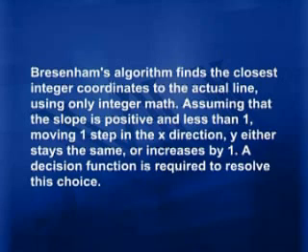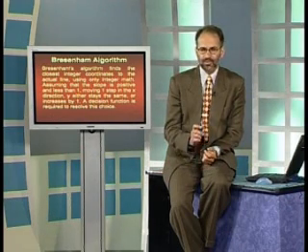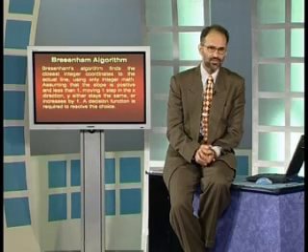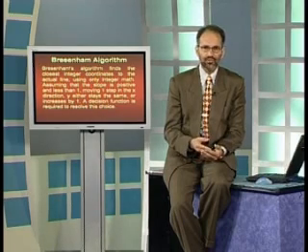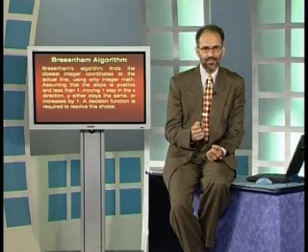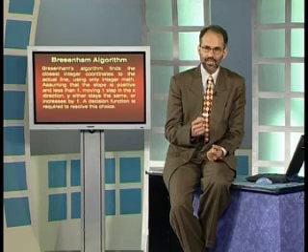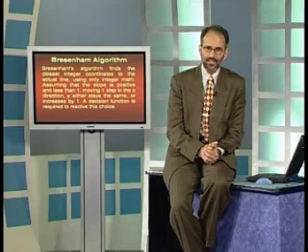تھیم یا آئیڈیا یا کانسیپٹ اس کے پیچھے یہ ہے کہ کوشش یہ کی جاتی ہے اس الگوریدم میں کہ جو تھیوریٹیکل پوزیشن ریکوائرڈ ہے لائن کو ڈرا کرنے کے لیے نیکسٹ پکسل کی، فزیکلی جو پکسل ایکچولی اس کے اوپر ڈسپلے کرنا ہے اس کی لوکیشن کو ٹو دا ایکسٹینٹ پاسبل کلوزسٹ ٹو تھیوریٹیکل پوزیشن ڈٹرمن کیا جا سکے. یعنی مقصد یہ ہے کہ اگر تھیوریٹیکلی لائن جس پوائنٹ سے گزرتی ہے اس پوائنٹ سے قریب ترین جو پکسل ہے اس کی پوزیشن کو ایسٹیمیٹ کرنے کا کوئی ایسا ایفیشینٹ طریقہ نکالا جائے جس میں کیلکولیشنز بہت زیادہ فلوٹنگ پوائنٹ یا کمپلیکس نہ ہوں، زیادہ سے زیادہ انٹیجر ارتھمیٹک ہو،